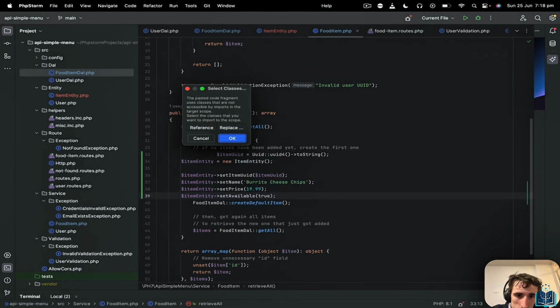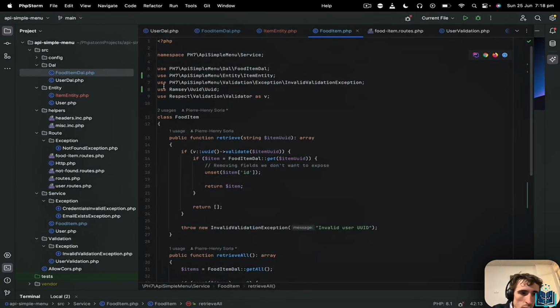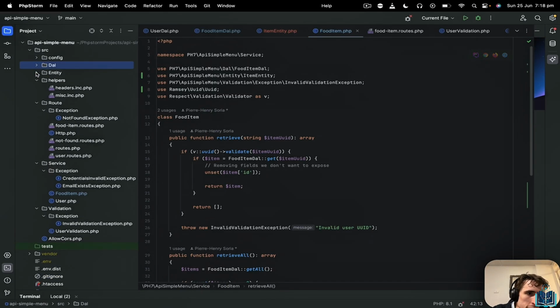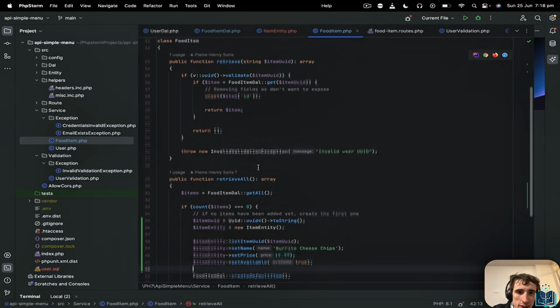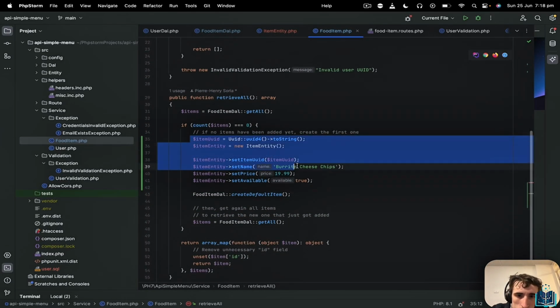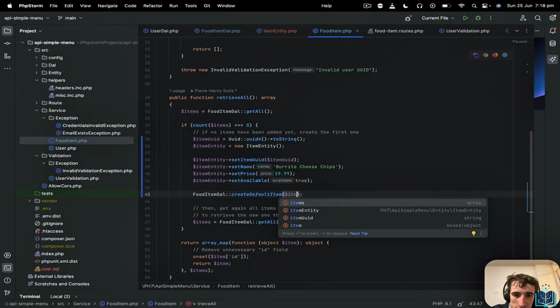So now we are in our food item service. If you go to src service food item, we are just there, and here we create, so I just paste it here, we create the user entity there, and here I can pass item entity,